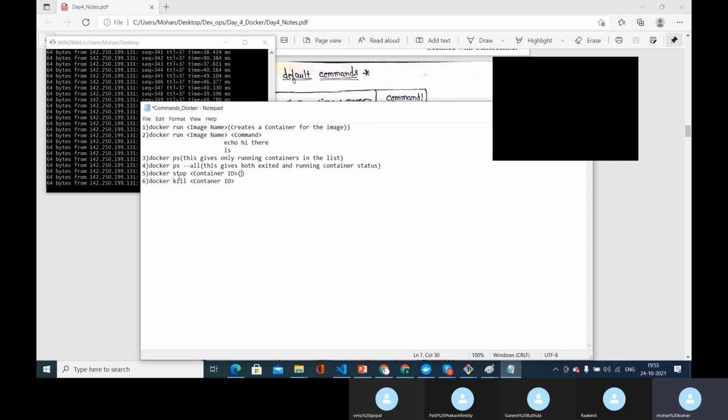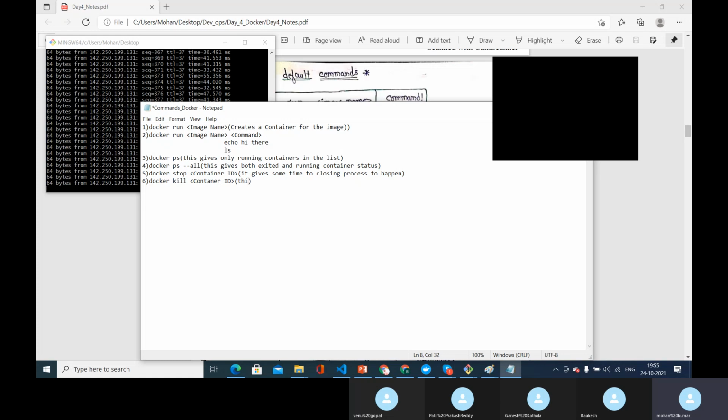Similarly, when you execute docker stop, it gives the container some time to execute those closing processes. Whereas docker kill will instantly terminate the process.